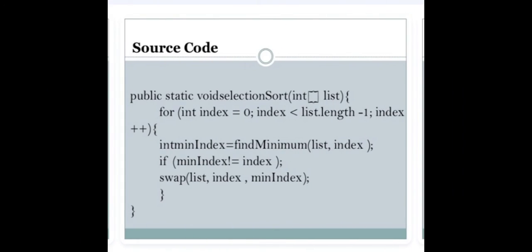Source code: public static void selectionSort(int[] list) { for (int index = 0; index < list.length - 1; index++) { int minimumIndex = findMinimum(list, index); if (minimumIndex != index) swap(list, index, minimumIndex); } }